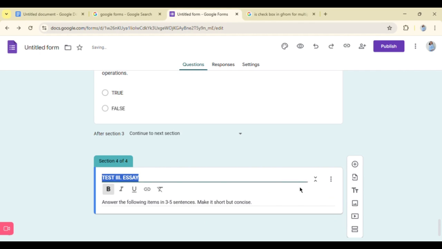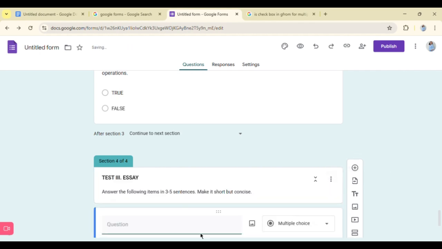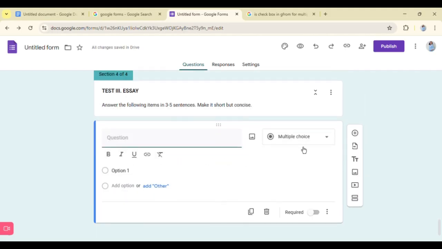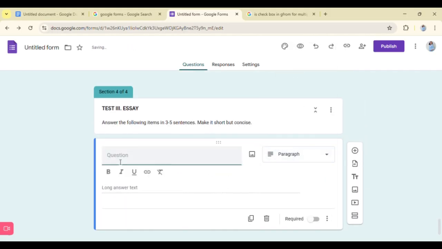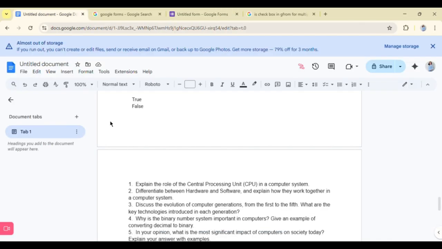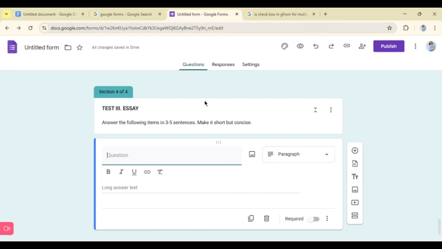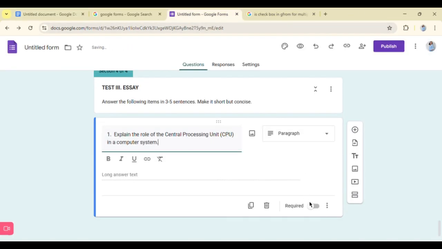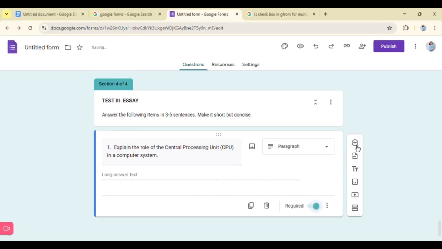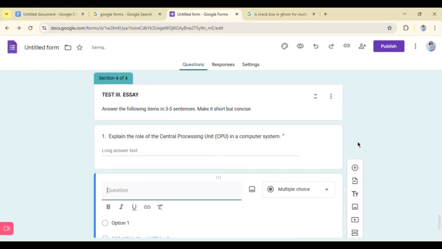Now, in making the questions or the items for the essay, all we have to do is just click paragraph, and then the question will be in here. Click required, add another, let's have 3.